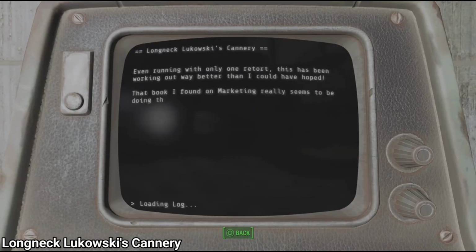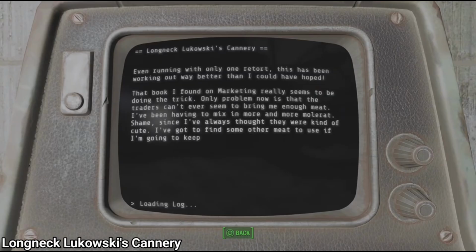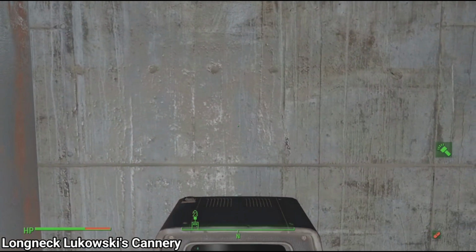Even running with only one retort, this has been working out way better than I could have hoped. The book I found on marketing really seems to be doing the trick. Only problem now is that traders can't seem to bring enough meat. I've been having to mix in more and more mole rat. Shame, so I've always thought they were kinda cute. I gotta find the other meat to use if I'm going to keep being successful, so...